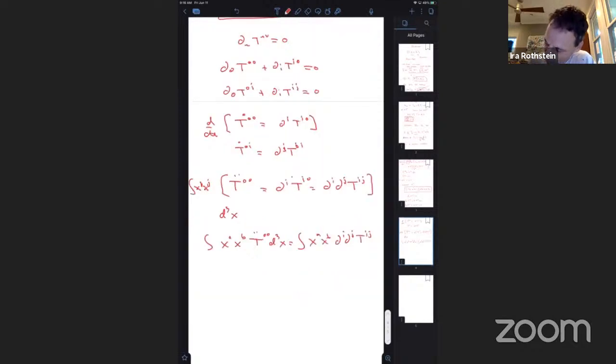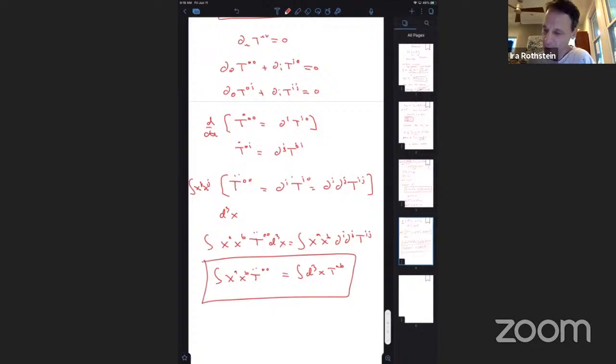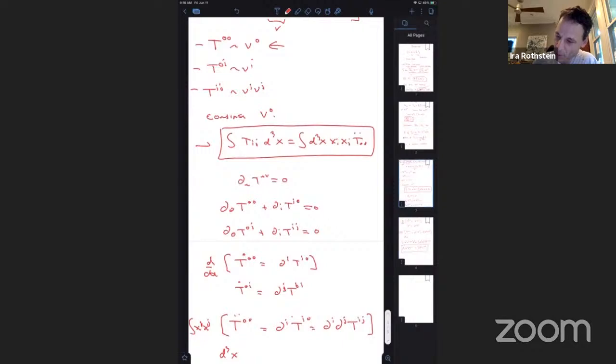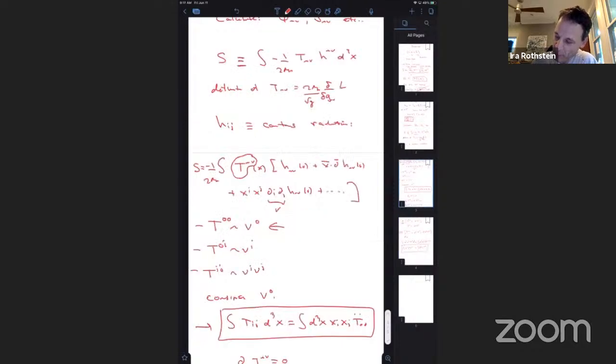And now I can integrate by parts. Okay, so I have this relationship. This is called the moment relation. So why is it useful? I've just proven this for you. Why is it useful? Because now if we focus on the physical modes,